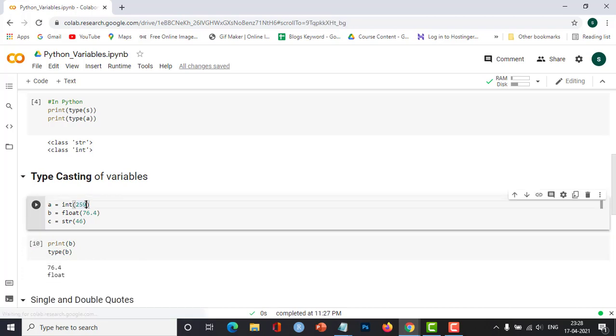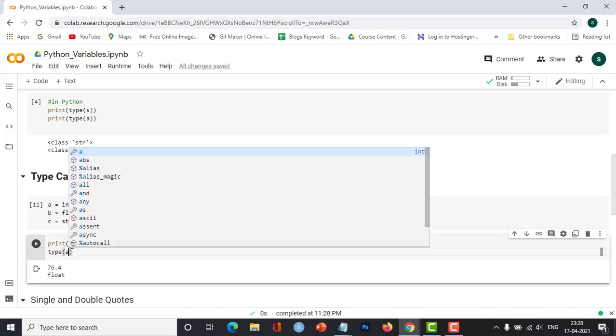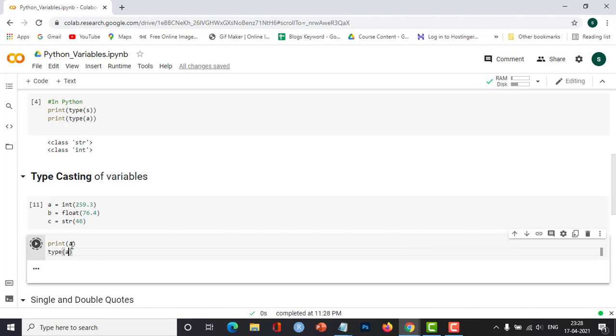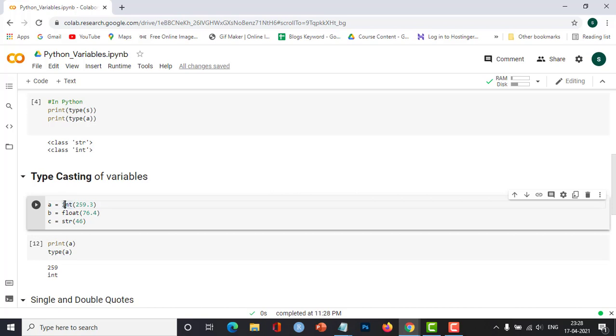But what if I give 259.3 over here? And now here I'll change the variable name, I'll give it as a, so print a. That will work fine, but the type of a, it is again giving the output as 259, because we have declared that it should be an integer type of data, and we have given a float value, so it will give us the result in integer.